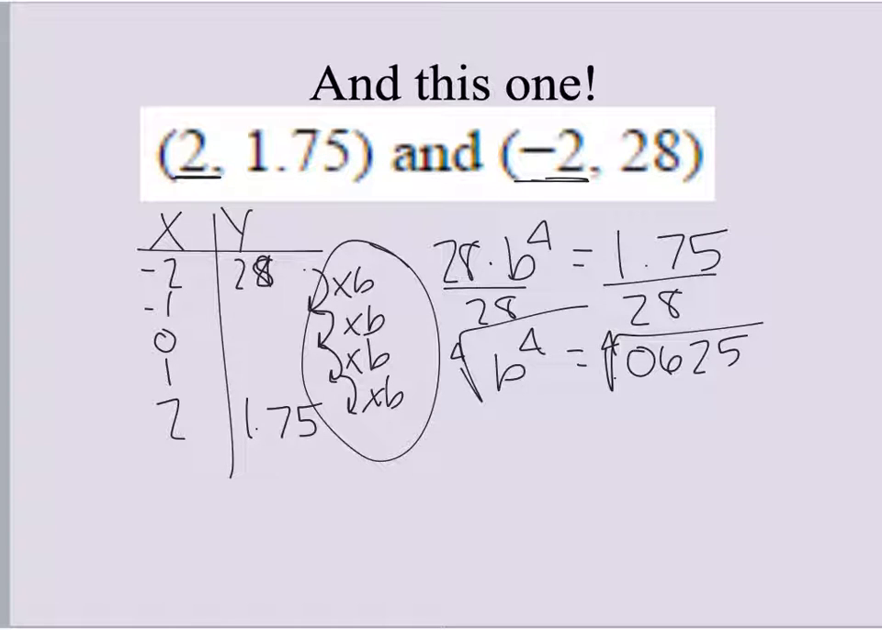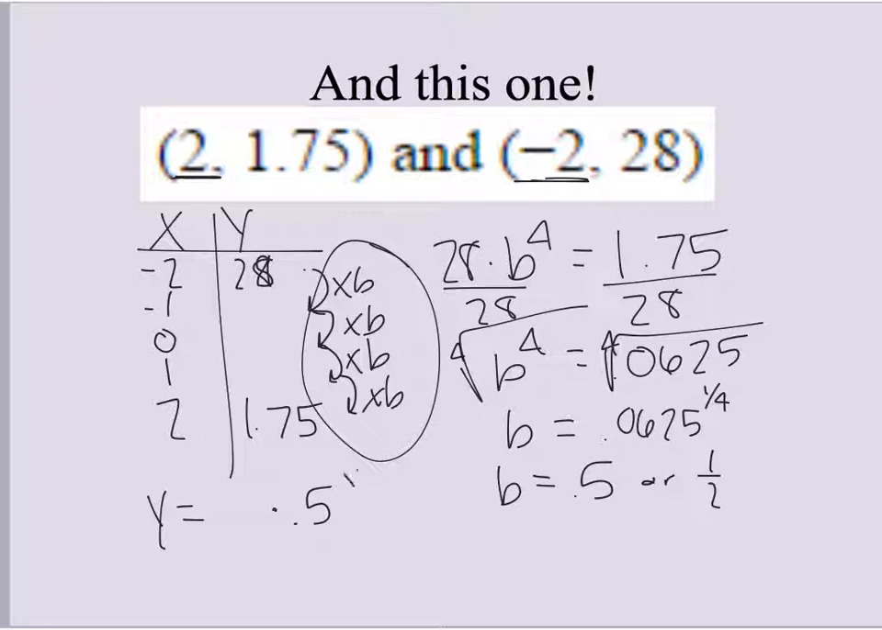Just like last time, I'm going to take the fourth root. Make sure that if this would have been to the third, you would take a cube root, or a third root. So that's 0.0625 to the 1/4 power. And if I do that to the 1/4, I get b equals 0.5, or in other words, 1/2. So I figured out y equals a times 0.5 to the x. And if you imagine, if I just keep going,